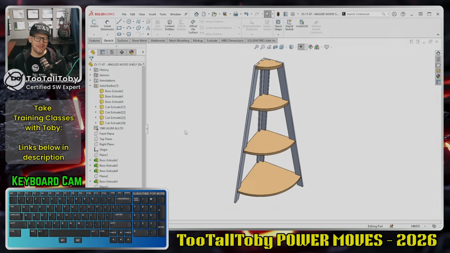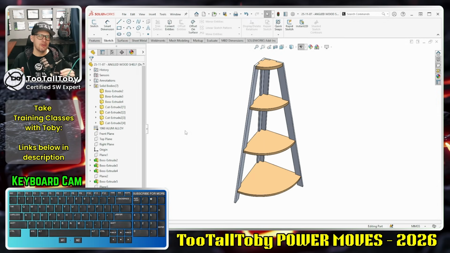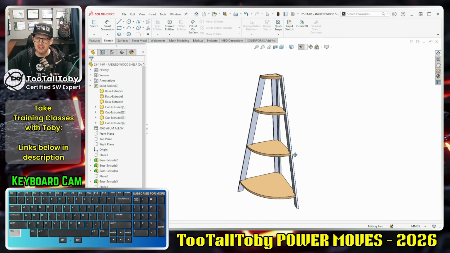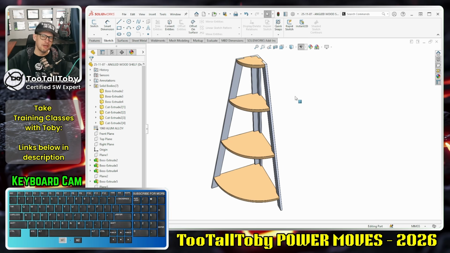So one of my favorite methods of modeling in SolidWorks is to utilize what's called multi-body design. And that means that you design multiple components all together in one single part file. And that way you can create relationships between those components to ensure that those components all fit together. And today what I wanted to talk to you about is the way that these multiple bodies get their names